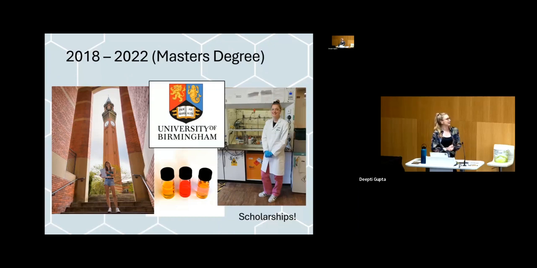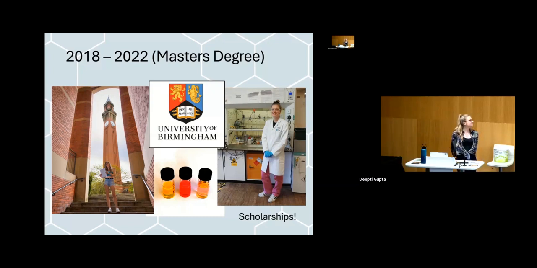So after the A-level stress, I finally got to start my master's degree at the University of Birmingham, and I had the time of my life there. And so I did something called an integrated master's degree. I feel like it's probably the less conventional degree type. Usually people would do a 3-year bachelor's program, graduate, and then do a 1 or 2 year master's on the end of that. Whereas I did 4 years, no graduating, got the master's.